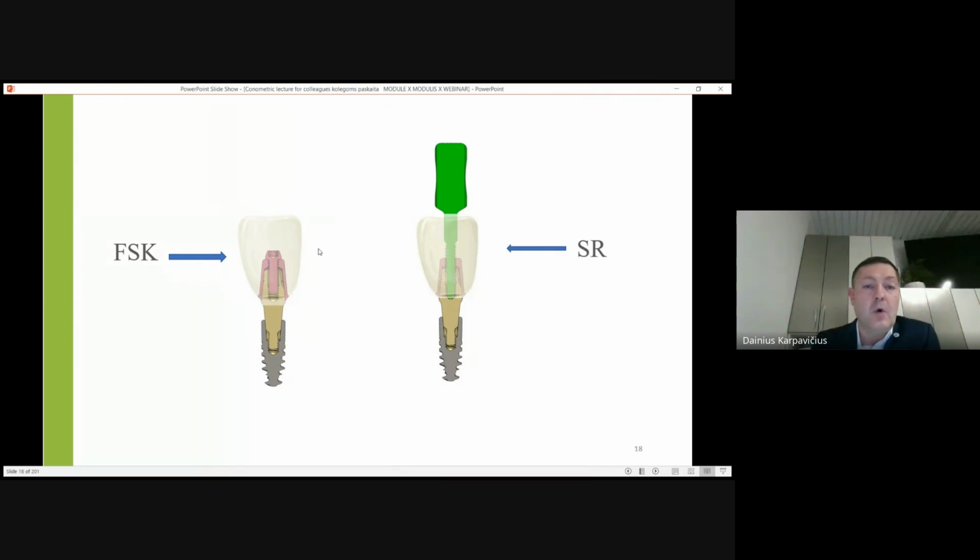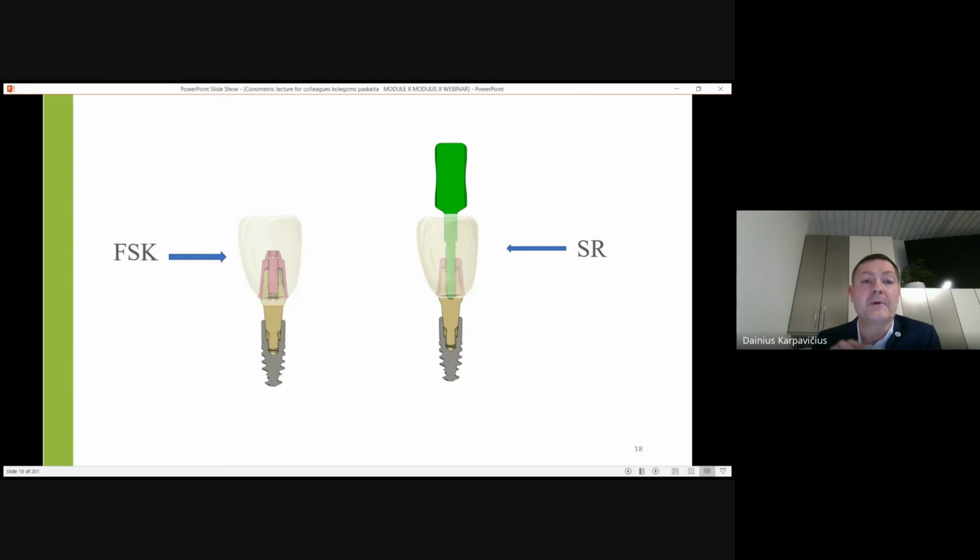Here also, sometimes it's not so easy for doctors to change their minds, to free themselves of some dogmas and to go away from screw retaining. So, of course, you can leave the screw if you feel that it is necessary. And you will see later on, if we are doing bridges, we can leave one screw if you see it is necessary. But from my experience, I can tell you that I made a lot of single crowns,